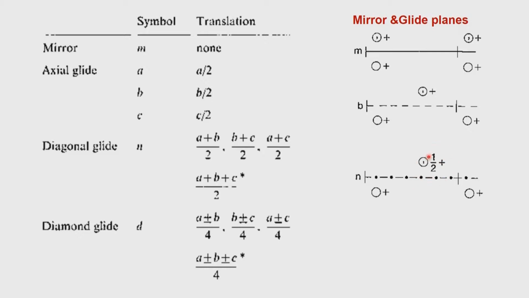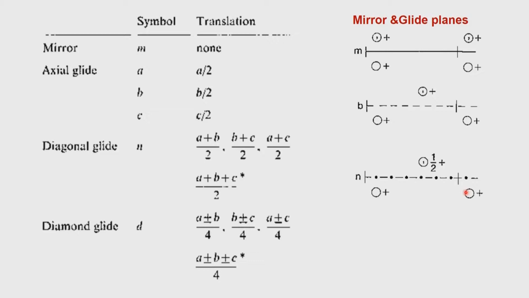This half plus tells us that it is an n glide, and the notation for the n glide is a line and a dot, that we know already from our early classes. So, therefore, we have again a translational periodicity restored by this operation. So, for the glide planes, we can have either an A glide or a B glide or a C glide, depending upon the unique axis definition in monoclinic.